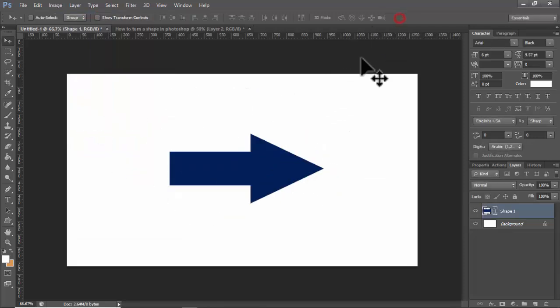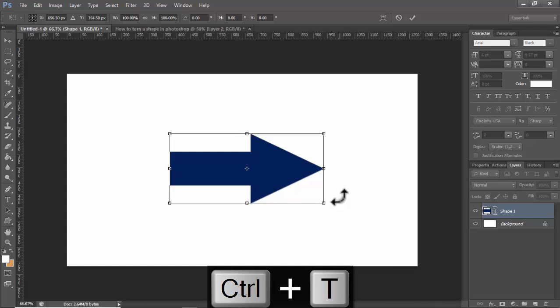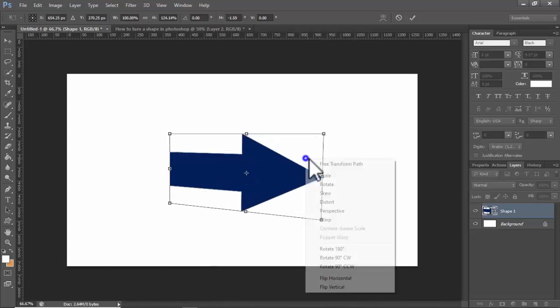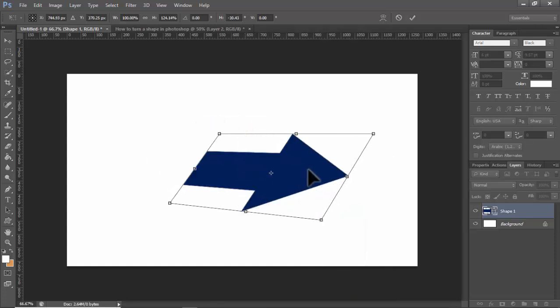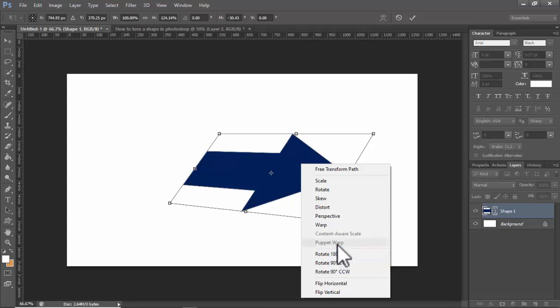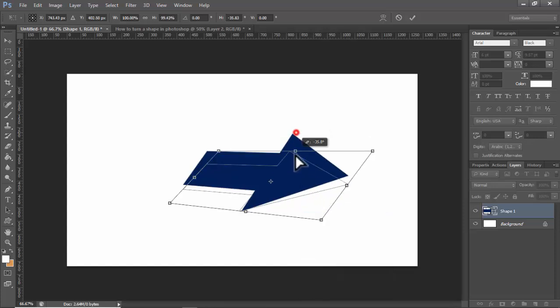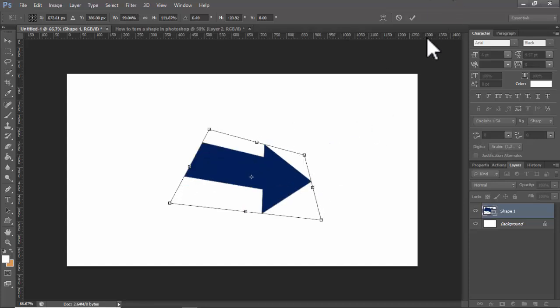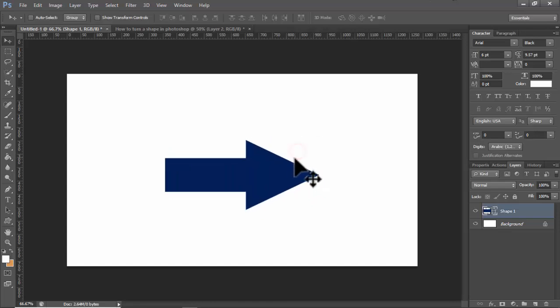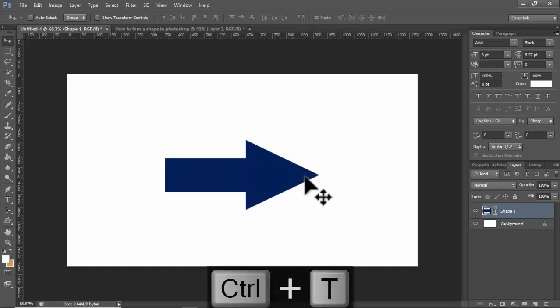Again press Ctrl T, hold Ctrl, click and drag it, right click, skew. Again right click, distort. Okay, and last, go to